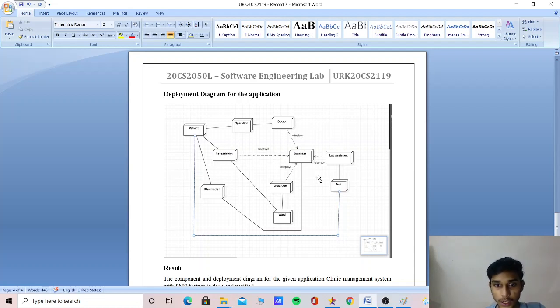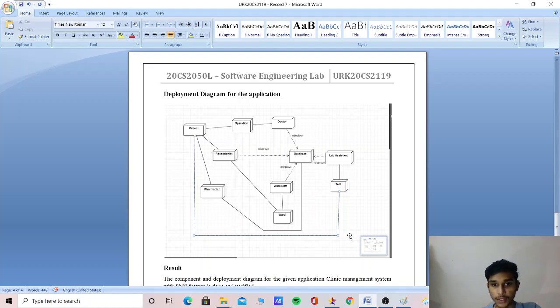Then the operation continues. Or otherwise, if the patient consults the receptionist, he checks whether he wants the database or wants to go to the ward, that means the operation ward. If he wants to visit there, he just continues here. Then he consults the ward staff. Then the ward staff deploys the database here. Otherwise, if the patient goes for the paramedic, he just goes for the database here.